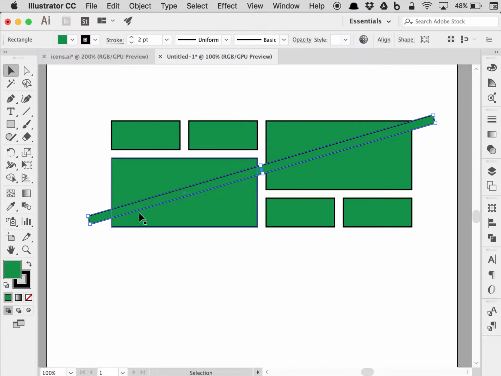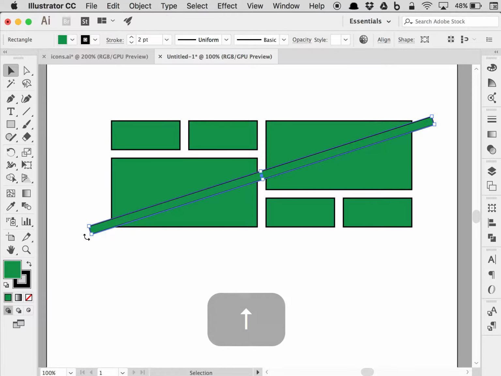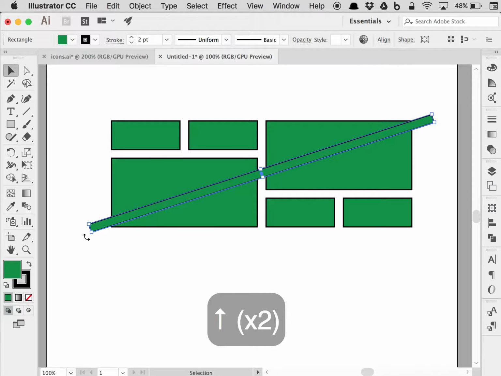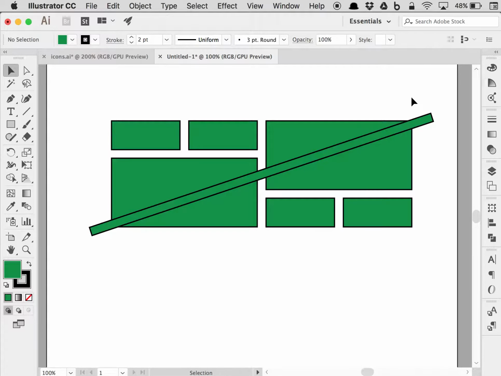I'm sure there's ways I could construct this such that I am doing it more precisely, but I'm just going to do this by eye and kind of get it so that it's pretty close and touching both those corners, and then I'm just going to use the arrow key to nudge that up a little bit so that that's hitting the corners. All right, so that's close enough for what I want to do here. I'm going to rotate that just a tiny bit around. All right, so